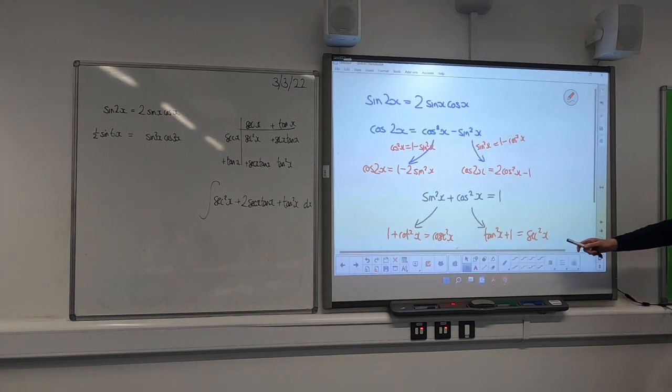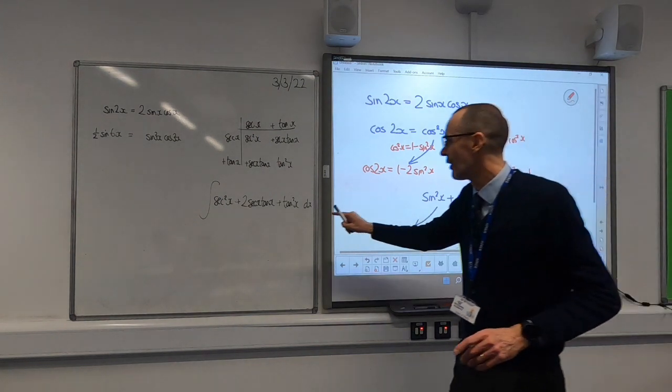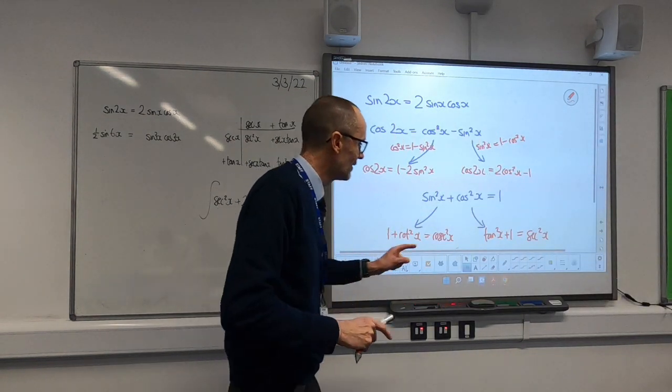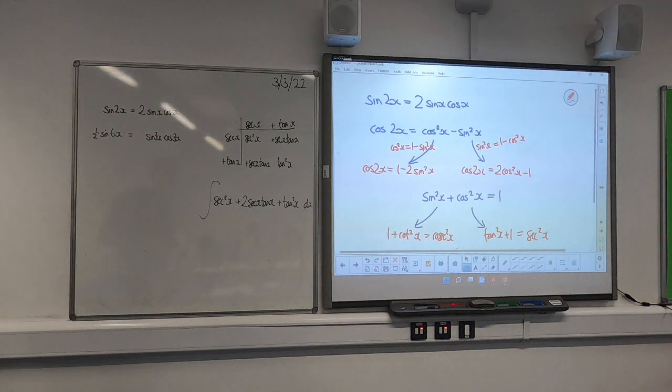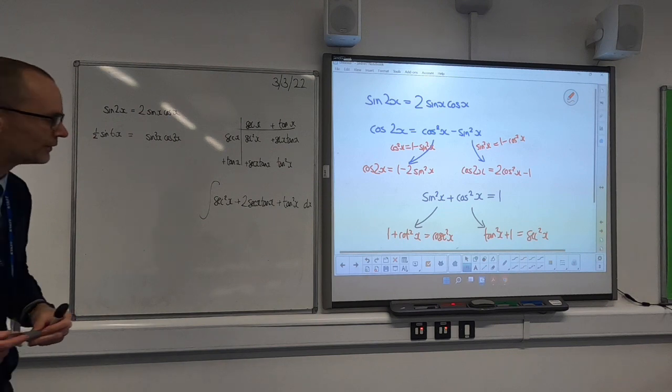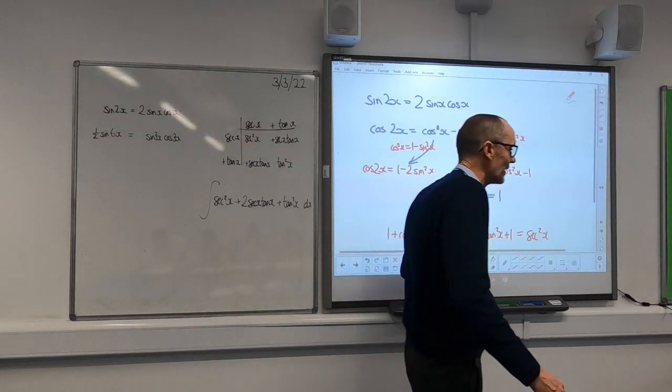I can rewrite tan squared as sec squared minus 1. And both of those are things I can integrate. So I can rewrite that using that identity, and that's going to make it all something that I can then integrate. Most of which I'm using the formula sheet for, although I've got to remember what I get when I integrate